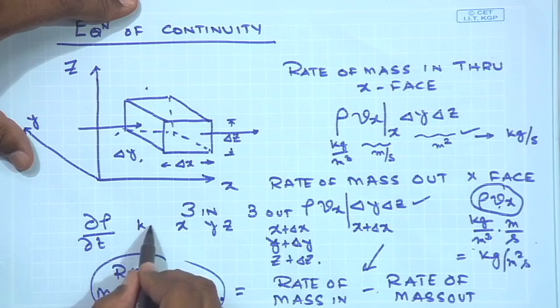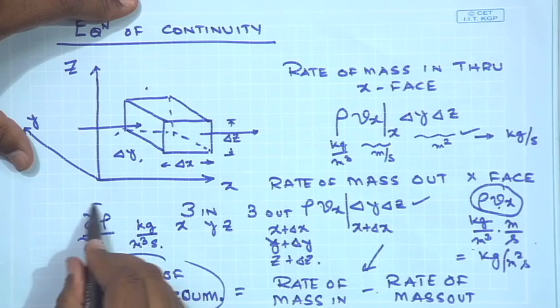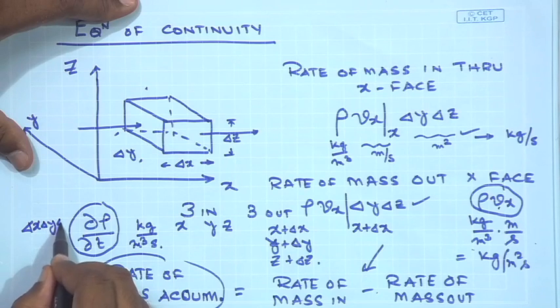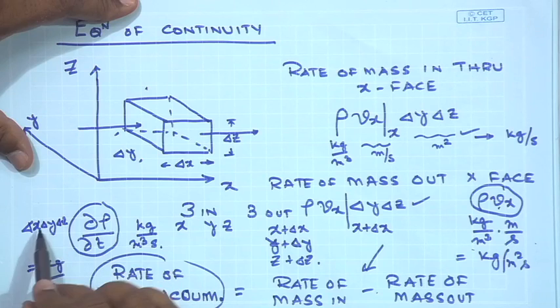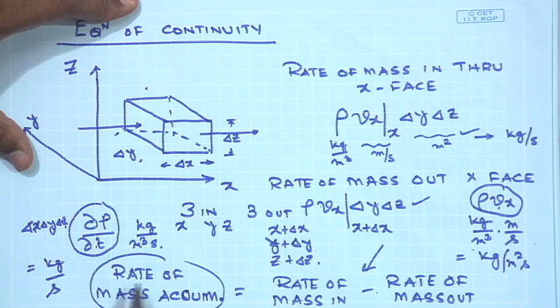So, what is del rho del t? It is kg per meter cube per second. So, this must be multiplied with del x, del y, del z to make it kg per second, and therefore, del x, del y, del z times del rho del t would give you the time rate of mass accumulation inside the control volume. So, the left hand side is going to be equated to the right hand side, and what you get is